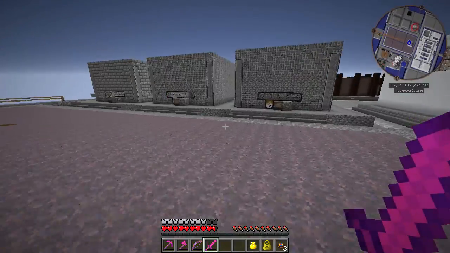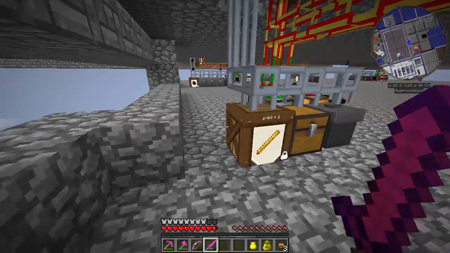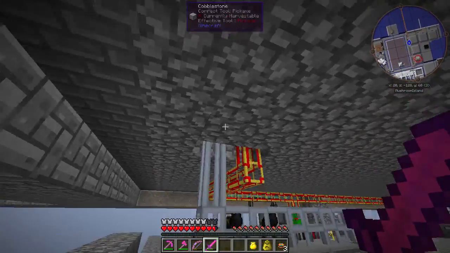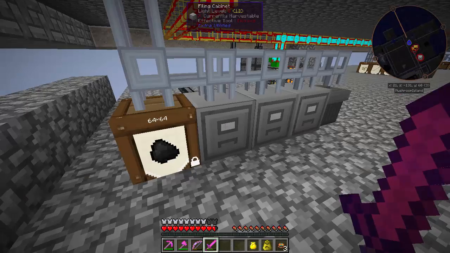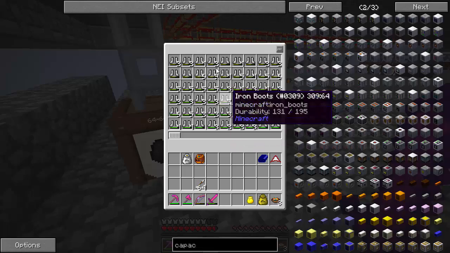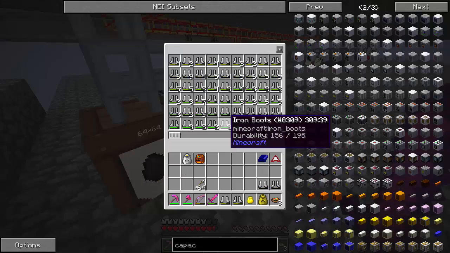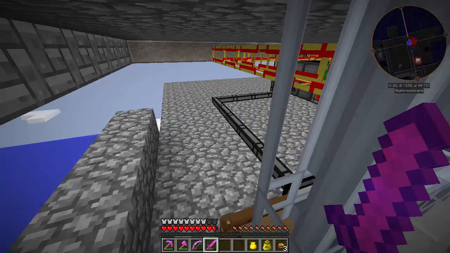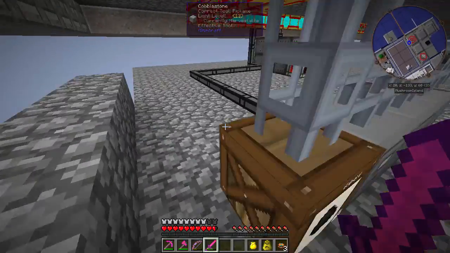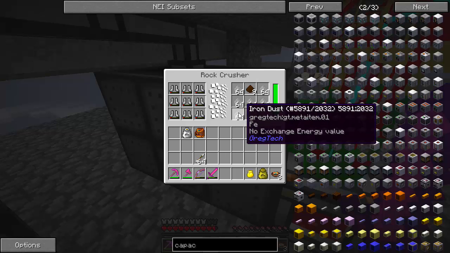You want to see where our iron's coming from? Yeah, this is crazy. So remember I showed you we had those little guys from the Twilight Forest, and they're getting us iron boots. Well, you just take a few iron boots. Well, actually, I've automated it, so I don't need to take iron boots out of here. But this little transfer node grabs some iron boots out of here, throws them in a rail, throws them in a Railcraft rock crusher, and you just...